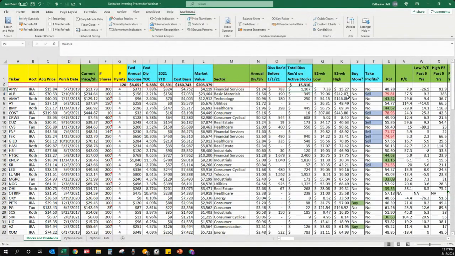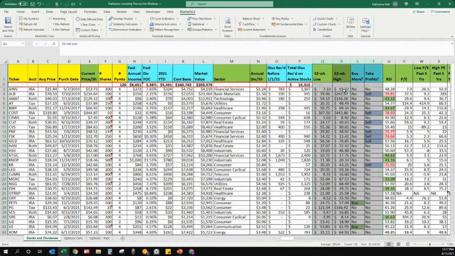So the next few columns are what I would call valuation criteria. I would like to know, like, is AINV super cheap right now, in which case I might want to buy more shares, or is it super expensive right now, in which case I may want to take advantage of the high price and sell a few shares or sell all of it even. So I have a few different valuation criteria. I have learned that using only one is not very useful. You need to have a few different ones. And so these 4 columns right here,